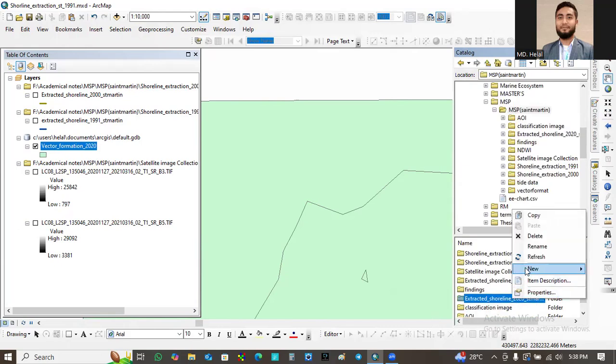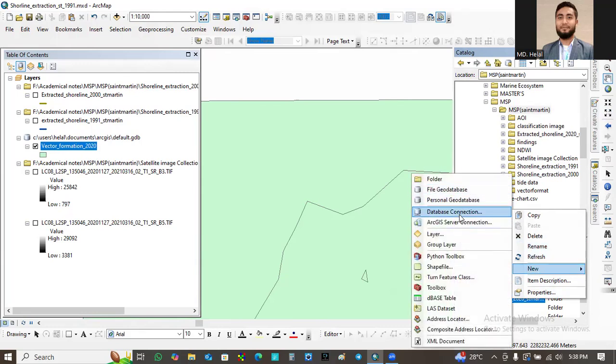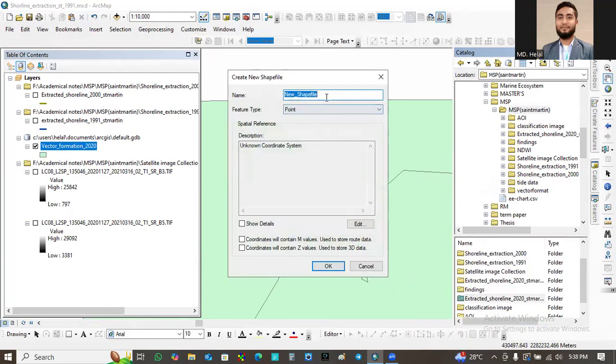And then right click, go again to new, and then shapefile. The name will be shoreline extraction. So here, the feature type will be point, polygon, or polyline. It must be polyline because shoreline is a combination of a lot of lines. Select polyline, and now we're going to select